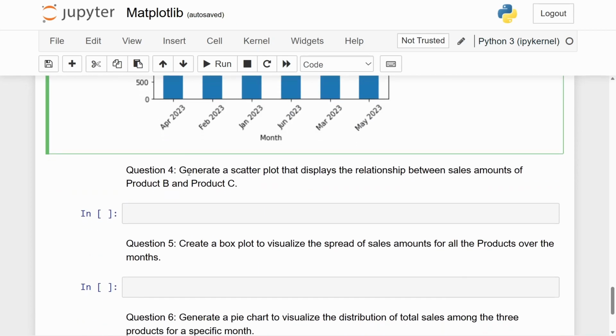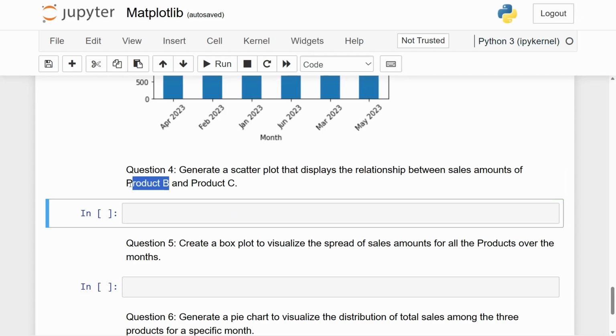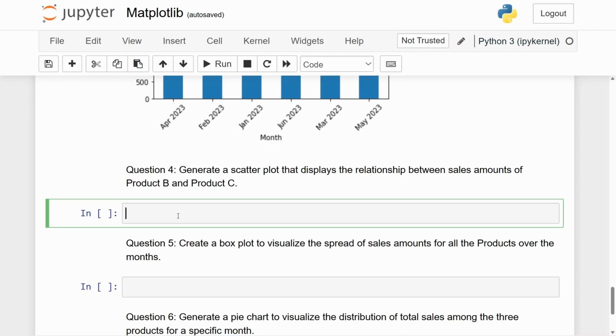Now up for the fourth question, this says generate a scatter plot that displays the relationship between sales amount of product B and product C. So we have to create a scatter plot that is to just plot out the points in terms of the x-axis and the y-axis. So we will have product B to be on our x-axis and the product C to be on our y-axis. So what we should be doing is first extracting the data, that is product data B